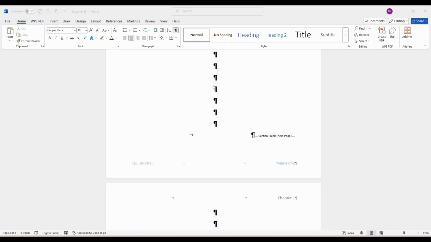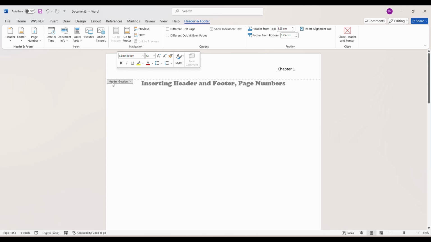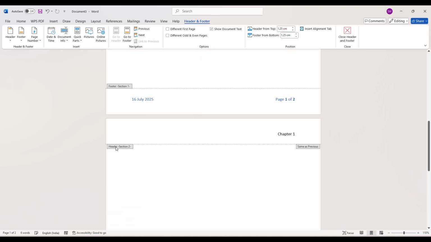Now talking about inserting a separate header, we will just go ahead and turn this off firstly, and you will notice that when you click on the header and the footer right now, because I have broken the document into sections, the header option has changed to header for section 1, and if you go to the second part it says header for section 2. So what I can go and do is change the header for the section